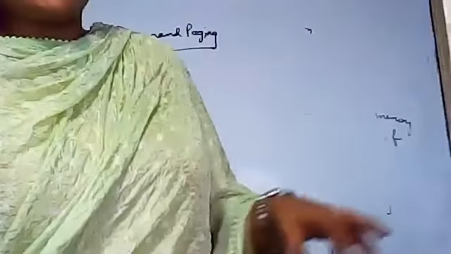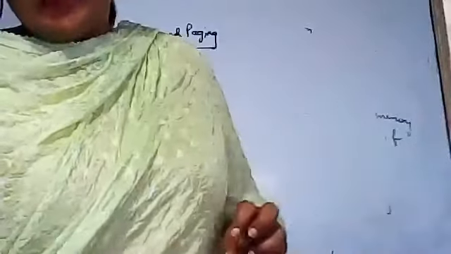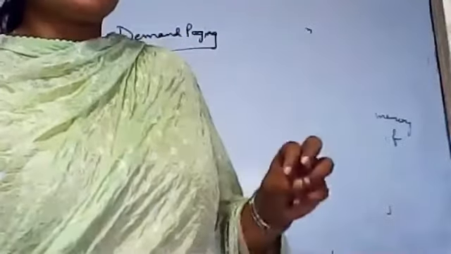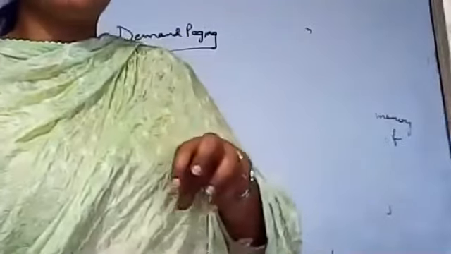So we can set that kind of reference as an invalid reference, or the process needs to be aborted. So we can say that the page is not in memory. First, the page is checked in memory. If it is not in memory, we bring that page into the memory from the backing store, and it is checked in the backing store. It may be possible that it is not in the backing store. If it is not in the backing store, that is a page fault, we can say, or we need to abort. So there is a term called lazy swapper in demand paging.